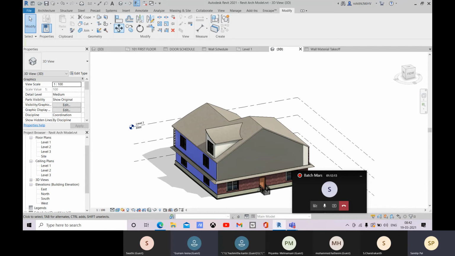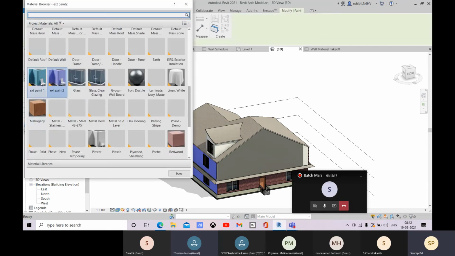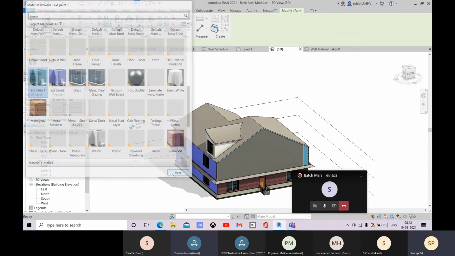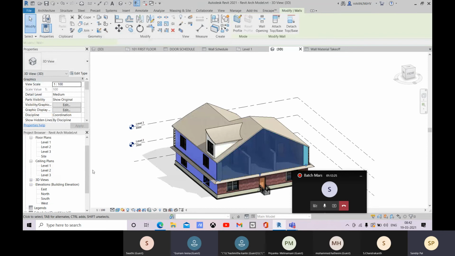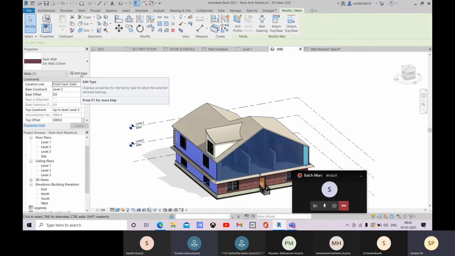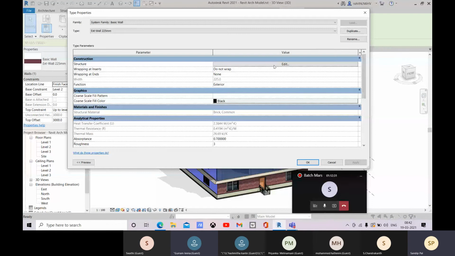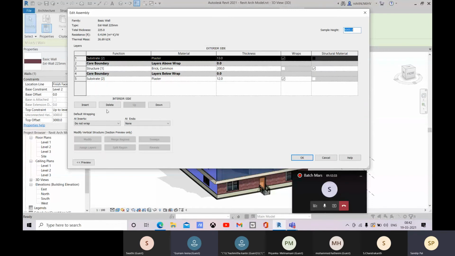Yes. In that wall properties, maybe you have unchecked, you have put the material to none. Maybe you should have checked the structural thing in that wall properties. About material, this one. Yeah, in the material thing.